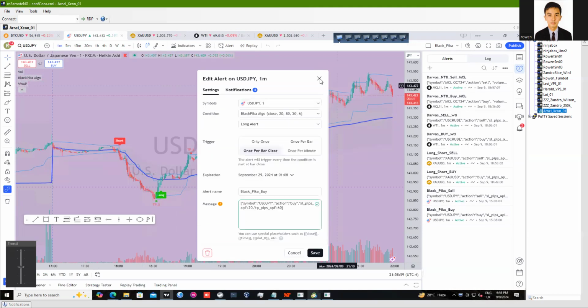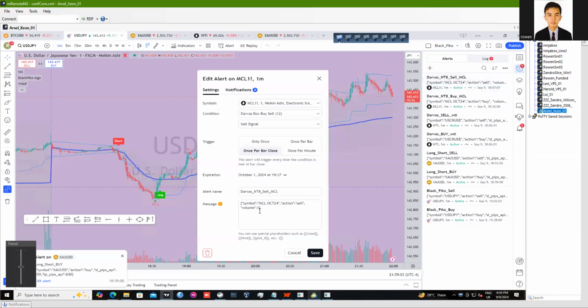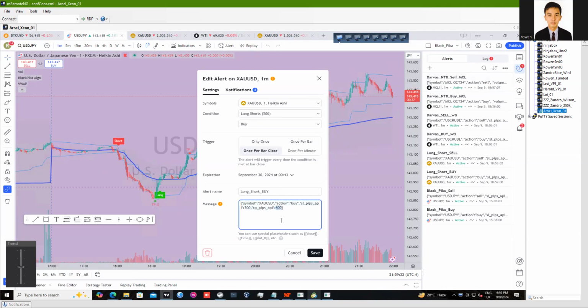So that's an example. And then I have another version for the NinjaTrader. So the NinjaTrader, as you can see, it's using the futures and expiry. Also have the action, and you could also incorporate the volume. Could also incorporate the SL and TP. So for example, this one is gold. As you can see here, you could specify the TP and the SL for this one.